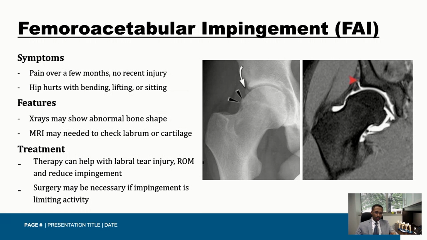That's called a cam deformity, a bump on the ball, the femoral head. And then this causes a labral injury over time. And so that's where the red arrow is pointing to. This patient has a labral tear. This is a different type of hip injury that needs a specific type of procedure ultimately if non-surgical treatment fails to improve. So these therapies can involve range of motion exercises to reduce impingement and ultimately may need surgery if